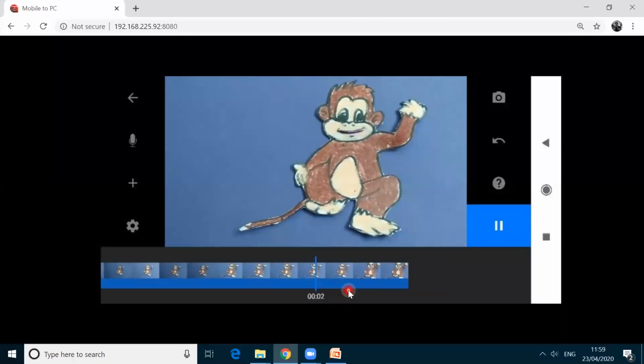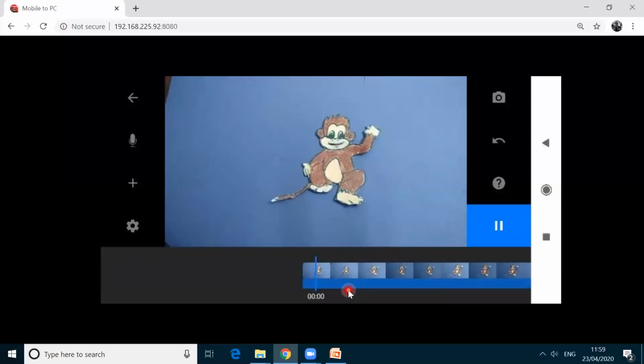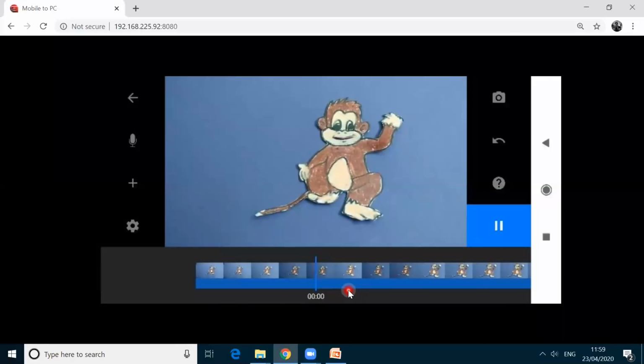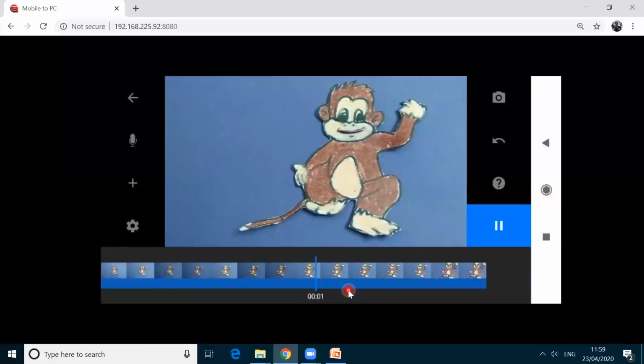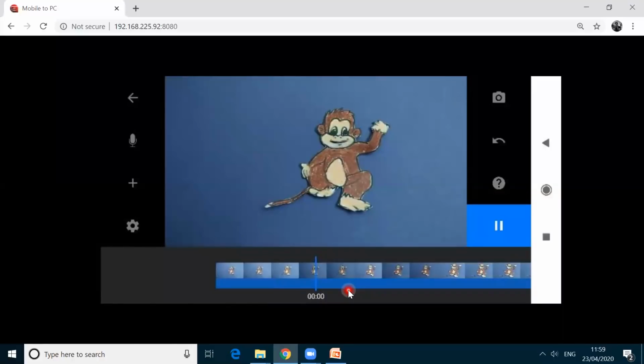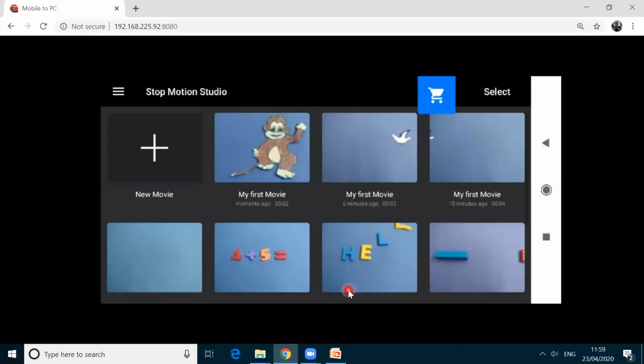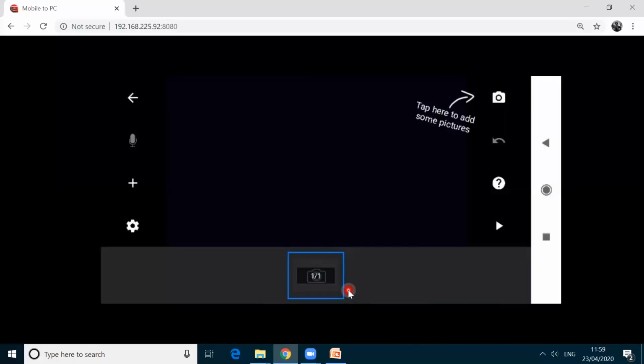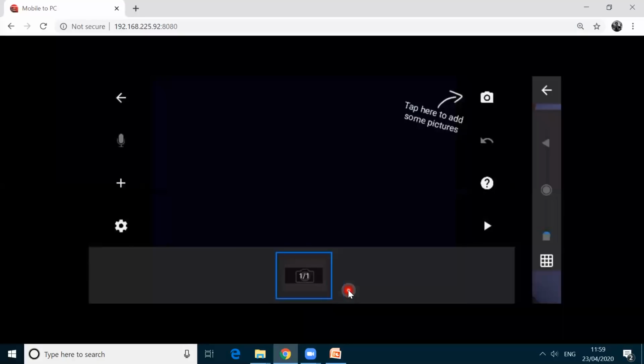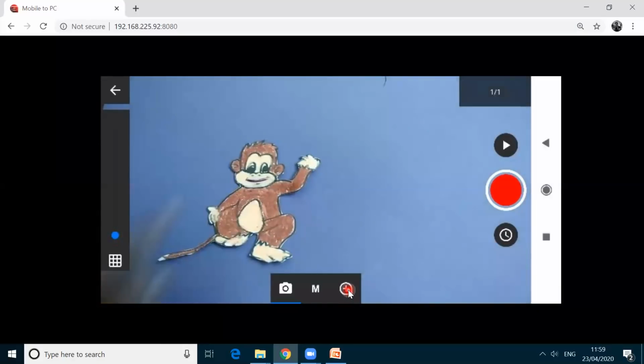Okay, here you could see some of the lighting distraction. See, now I'm going to stop. I want my light setting to be fixed. Here I can do some changes. Okay, I'm going back. I'm clicking a new movie. Here I'm opening this one. I'm having a monkey here, and then let me change the location for some time.